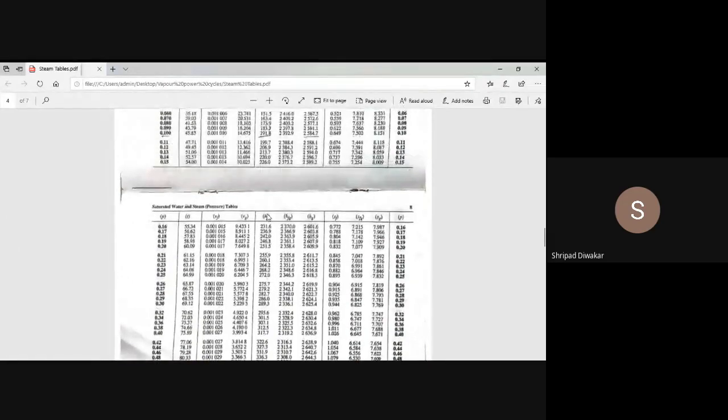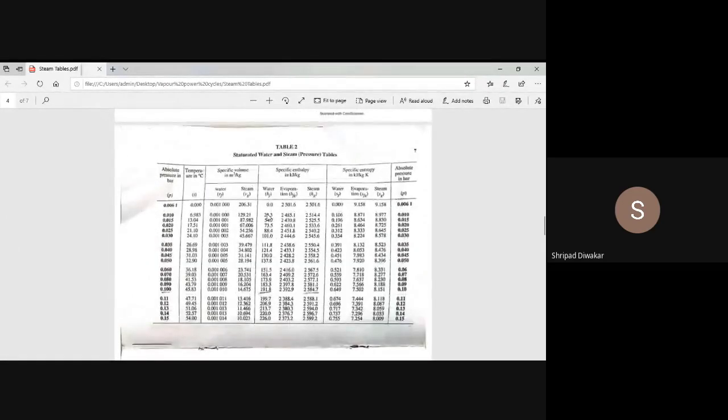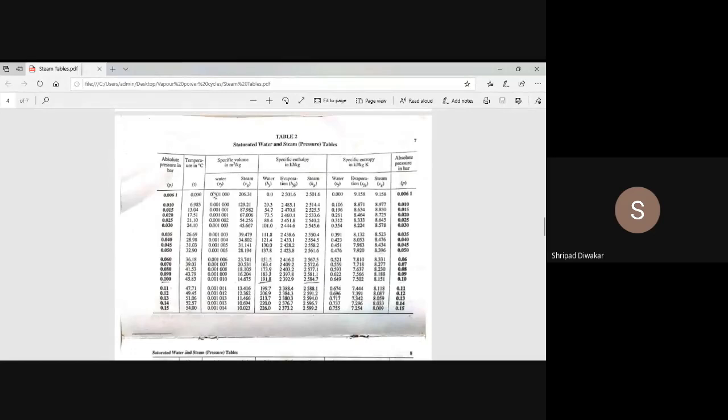Okay, in the left column we have pressure, and immediately the second column is temperature, and the third is specific volume VF, specific volume of steam VG, and these are the things we are going to use in our calculation. Okay, next we have the most important, HF, the sensible heat of water. HFG is called the latent heat of evaporation. Next, the sum HF plus HFG gives your HG, that is the enthalpy of steam. Similarly, we have the entropy values also, SF, SFG and SG.